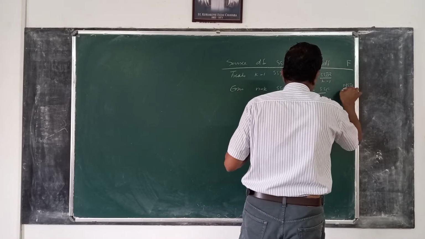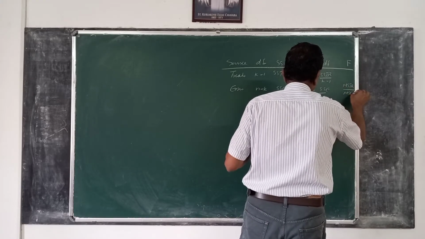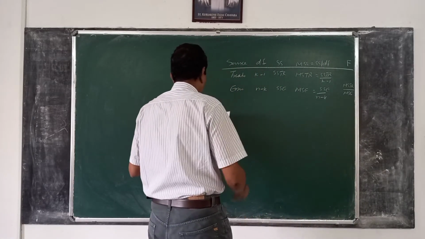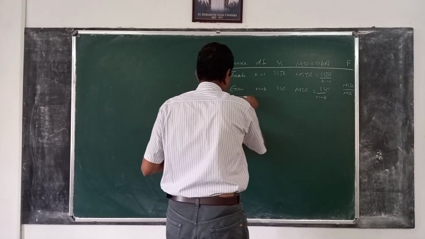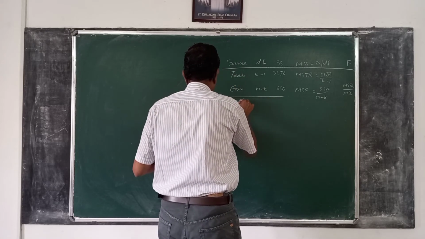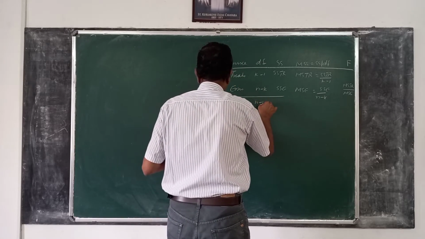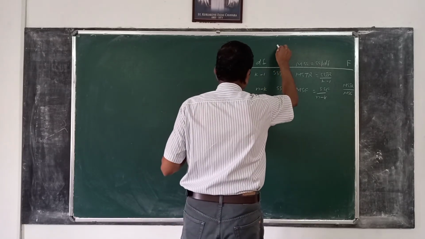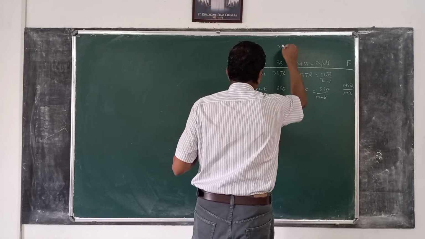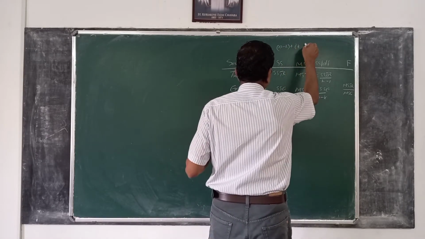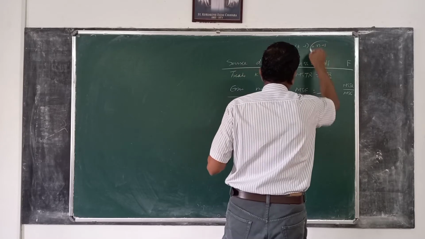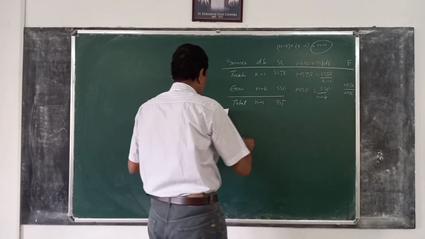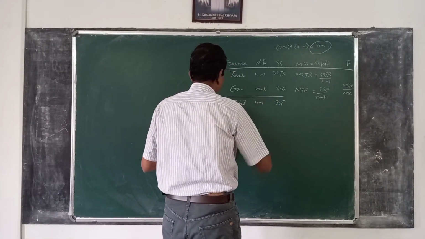MSTR by MSE, provided that H0 is true. And there is one more, total: n minus 1, SST. If you add n minus k with k minus 1, you will get n minus 1, the total degrees of freedom. In the example above, these values are 3,